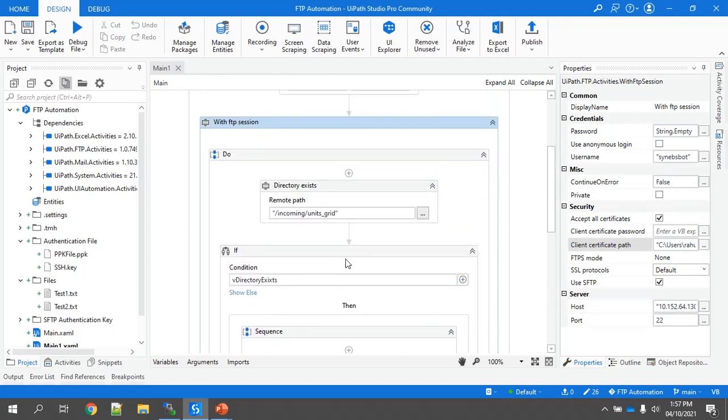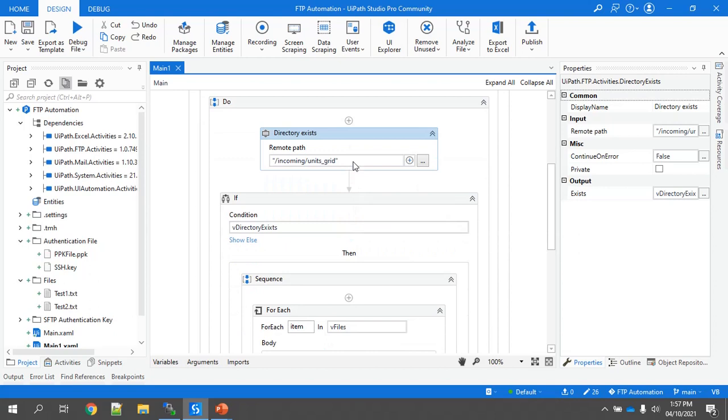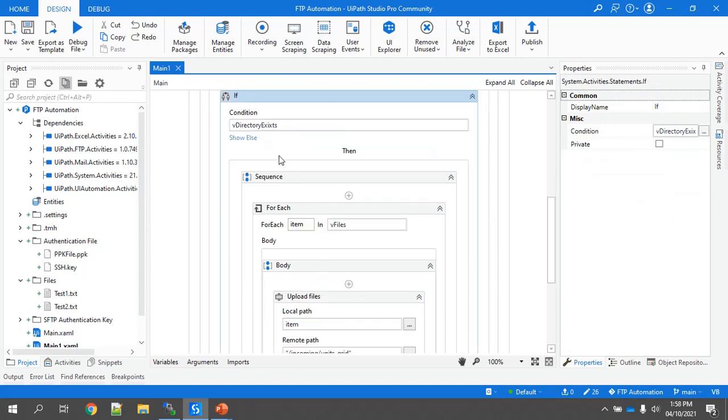Now these are the properties that we have set for the WithFTPSession activity. Next we have used the directory exist activity. On which directory we want to transfer the files, we have first checked that directory. Here we have created one output variable called directoryExist, and then we have used an if activity.